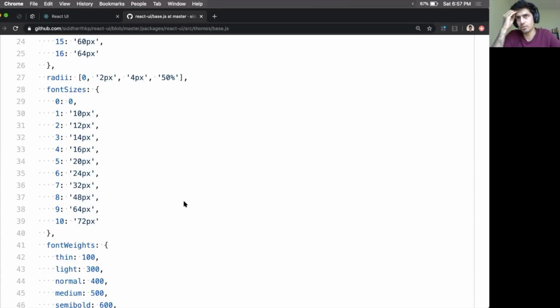So there is no recommendation. It's something that I can't really enforce, and I don't want to enforce. It's really up to the people who use it in the application. But at the same time, the base themes and the default themes have some opinions already baked in. So if you don't have your own opinions, you can take my opinions and then change them as you go.